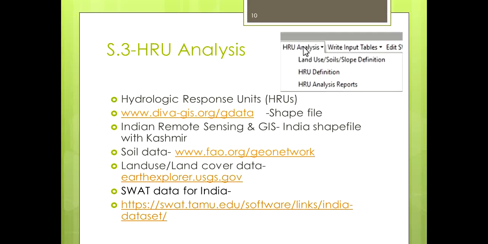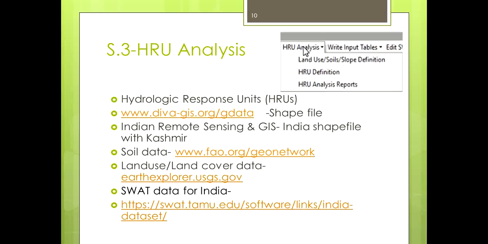To download the shapefile for India or for other countries, the website is diva-gis.org. But sometimes on that website, the Indian shapefile is not available with the Kashmir region. So to download the Indian shapefile with Kashmir, you have to go to the Indian Remote Sensing and GIS website.